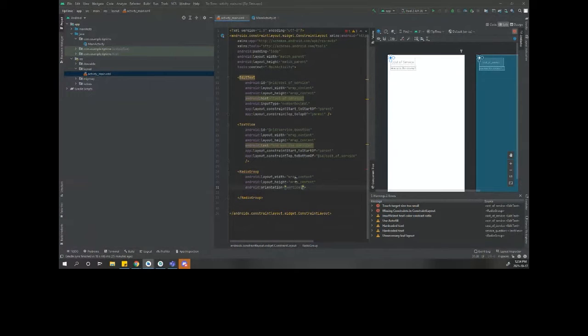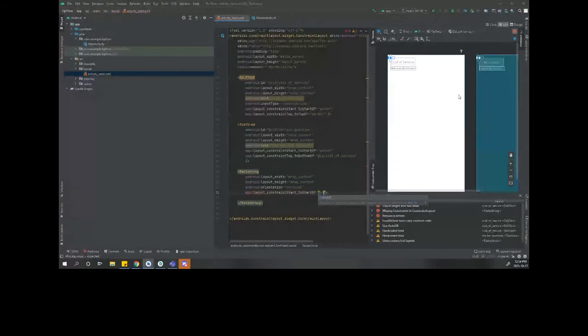We also want to constrain it. Right now it's mad at us because it doesn't know where to go. So let's go ahead and constrain it. So let's go Android layout. Sorry, it was app layout. App layout constraint start. So the left side, we want to pin it to the start of the parent again. And the right side and the top